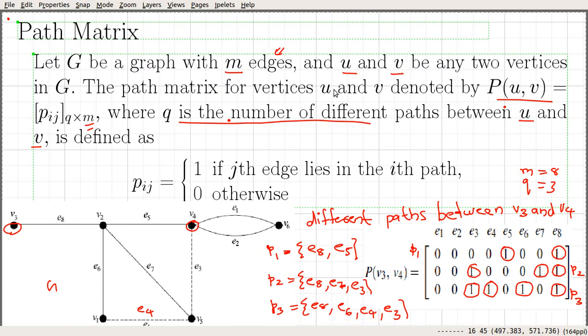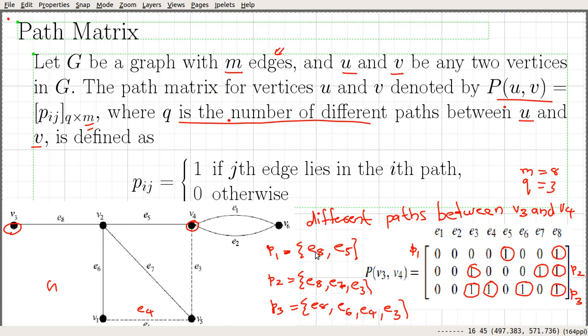Okay, and one thing to remember here is that path matrix is defined with respect to any 2 vertices in the graph. Okay, so let me repeat the definition of a path matrix. Let G be a graph with m edges and U and V be any 2 arbitrary vertices of G. The path matrix for vertices U and V denoted by P of UV is a Q by M matrix, where Q is the number of different paths between U and V, and M is the number of edges, and the entries are defined in this way: P of ij equal to 1 if the jth edge,